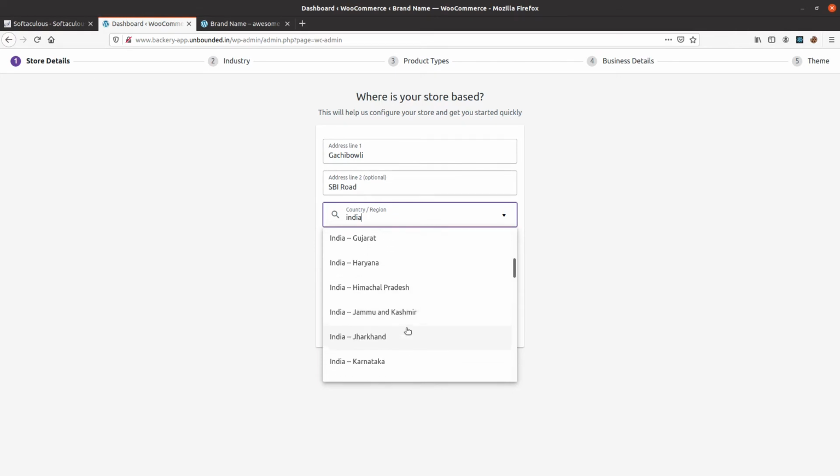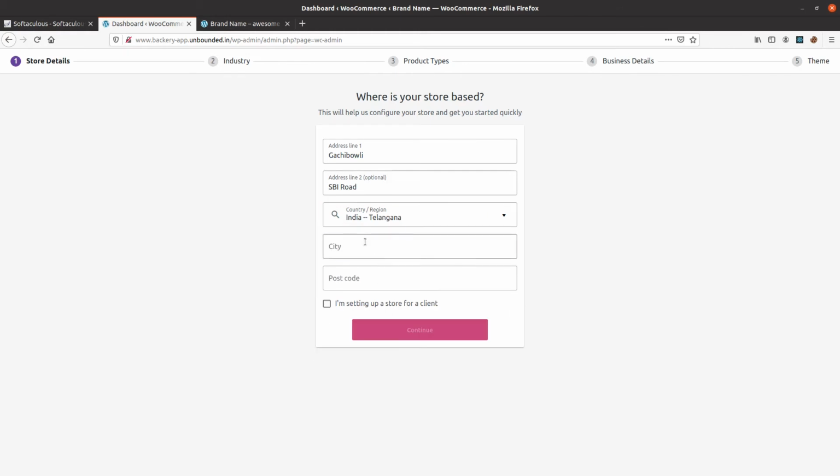I'll put India, Telangana, and then you can put the city as Hyderabad, and I can put the pin code as 81.